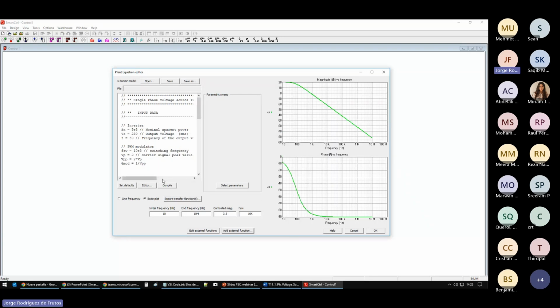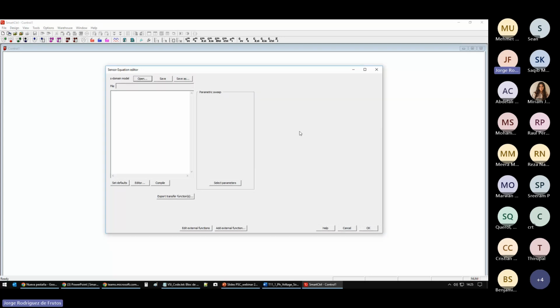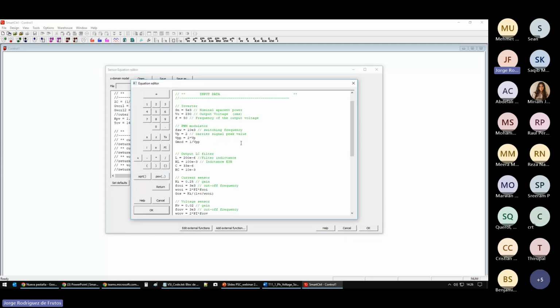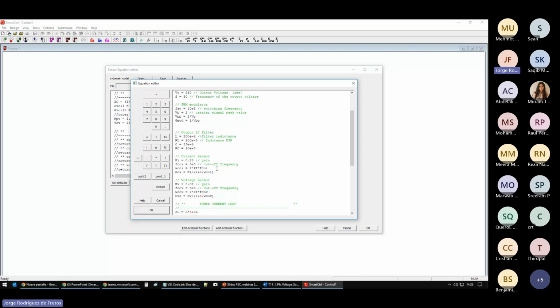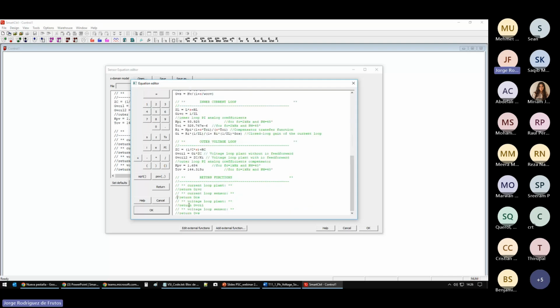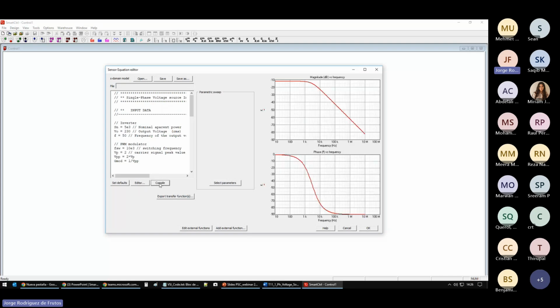So we have defined the plant, and now it's time to define the sensor. So by clicking OK, it now asks for the sensor. We will apply the very same technique. I paste the code, click on Editor, and previously we saw that the current sensor is defined here. So the transfer function that we need to return now is GCS. So I will return now GCS. So just OK, compile, and now